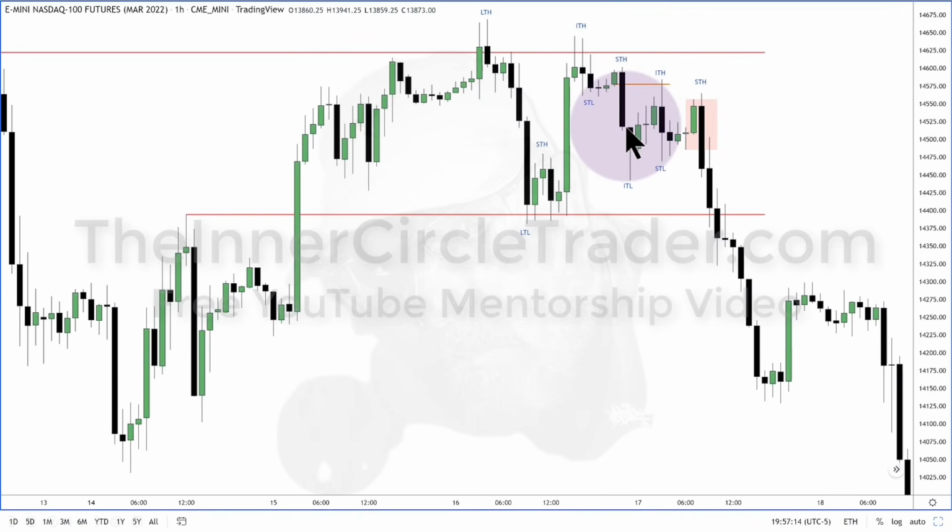Once that rebalances by going up here, that swing high from this high and this high, that's a swing high right there. I immediately label that in my mind: every rebalance of an old imbalance, that swing that's created at that moment, I immediately label in my mind as an intermediate term high. Or in this case, as we came back down and filled in this by dropping down here, that's an intermediate term low. What does that mean? What's the significance of that? Typically, what you'll see is an intermediate term low has a higher short-term low to the right of it and a higher short-term low to the left of it.